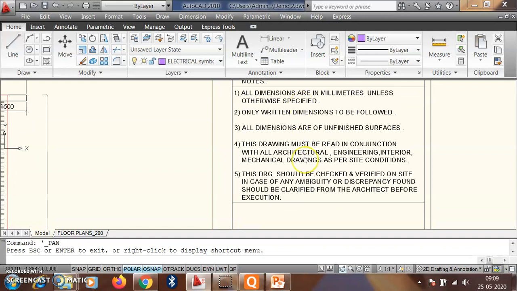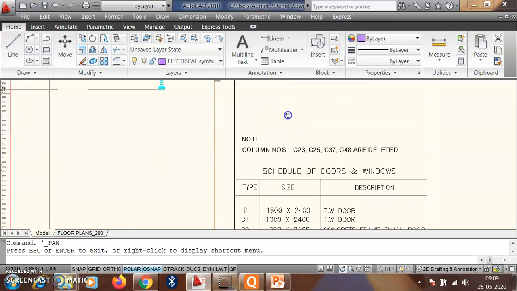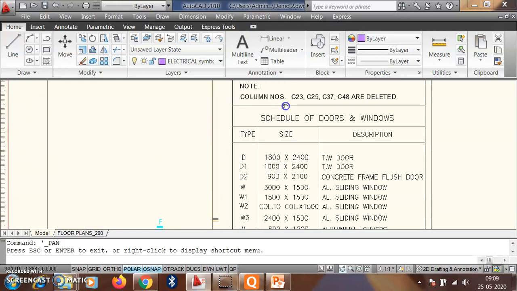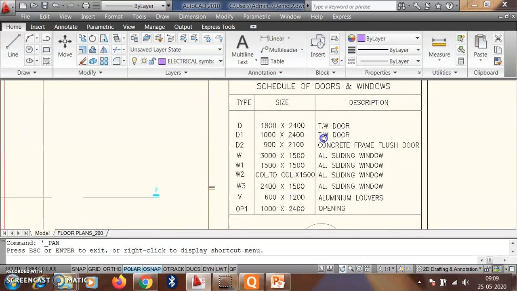These are the drawing notes. Whenever anyone reads the drawing, these notes are very important. So whenever we draw professional drawings in civil engineering, we should maintain all these things. Then again, the notes about the doors and columns, or the schedule of doors and windows,